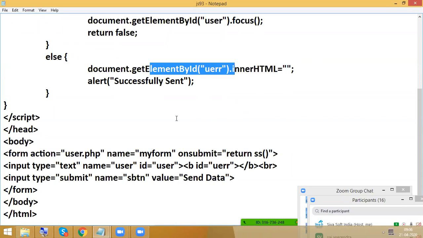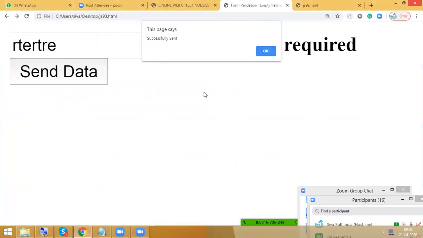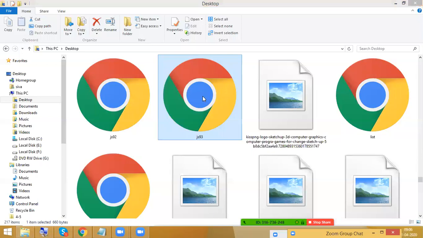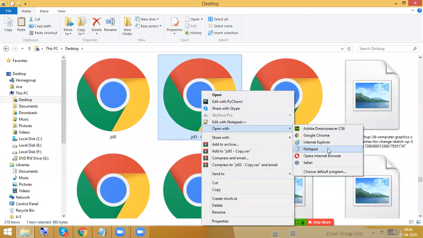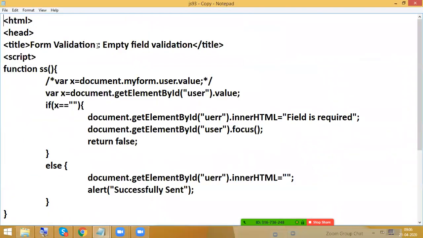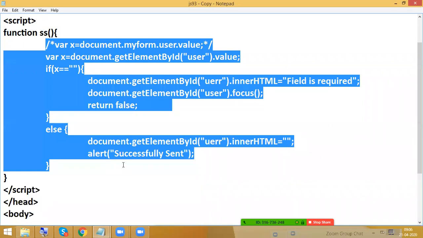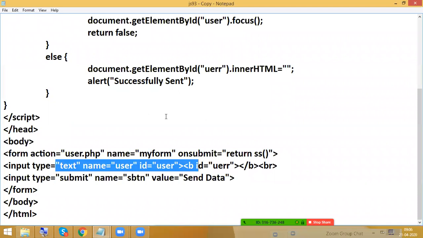Ctrl+S to save. So everything is fine. Now another example. Return false and focus are general things; in each and every program, we are going to write those things. So Ctrl+C, Ctrl+V. JavaScript form validations are very easy, but the problem is you need to write more lines of code. That is the only problem. Fine. Next, the same program, everything, I will just change the condition.